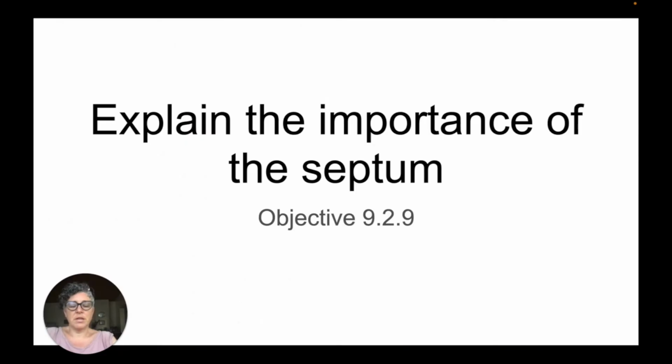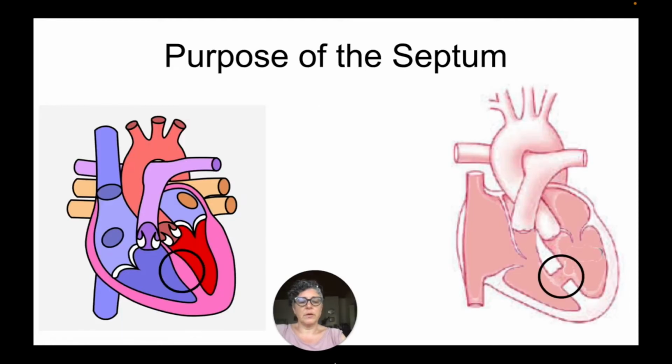This video covers the IGCSE Biology Objective 9.2.9 on the 2025 CAIE syllabus to explain the importance of the septum. So now if you remember, the septum is the wall that is between the ventricles, and this wall is a